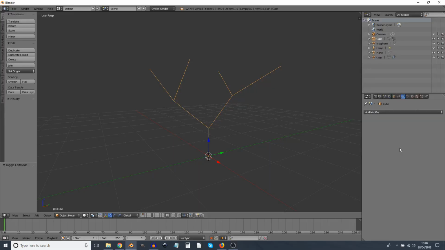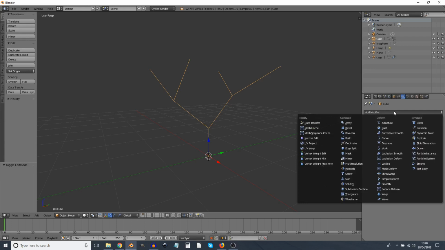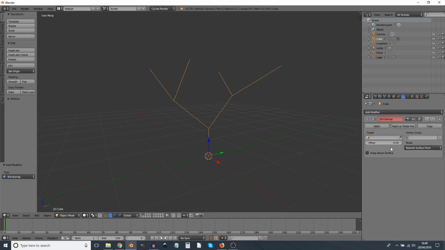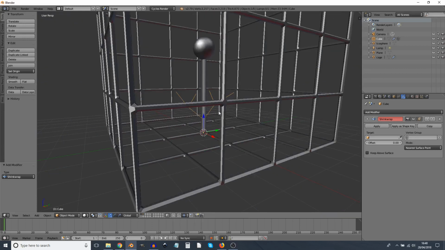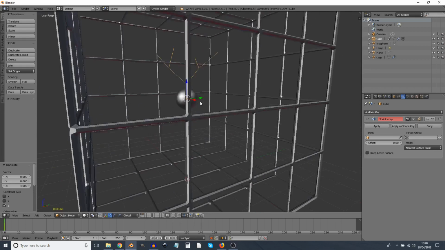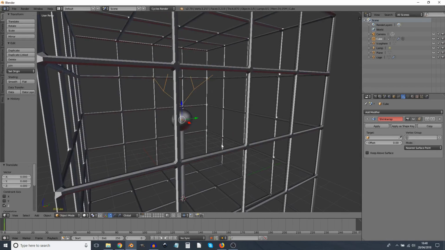The reason we did that vertex painting earlier is we can now use a shrink wrap modifier. So if I, where is it? It's in deform, isn't it? Shrink wrap, and we can set the target. Let's turn on that other layer again. And I'm going to move this up so its center is in the center of the thing from which the lightning